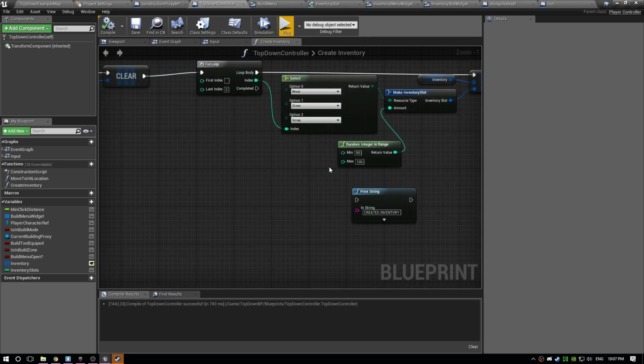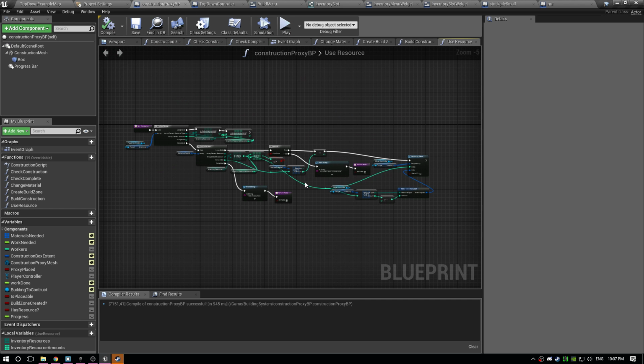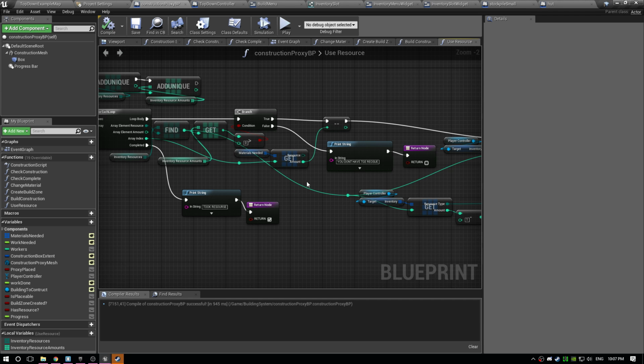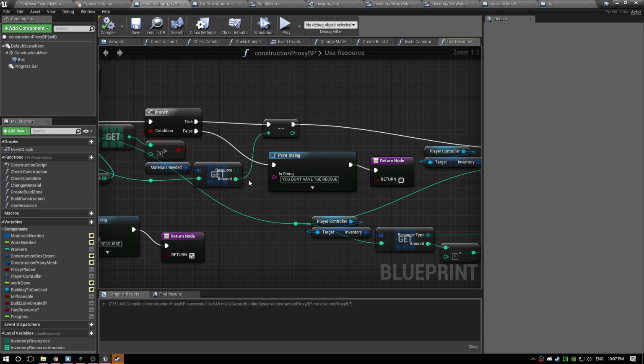Okay, now what we need to think of is that it doesn't minus just 1 scrap, 1 wood, 1 stone, right? So how would we do that in this mess? Well, we're not just going to minus 1. That's what we need to do. So we're not going to minus 1. We need to